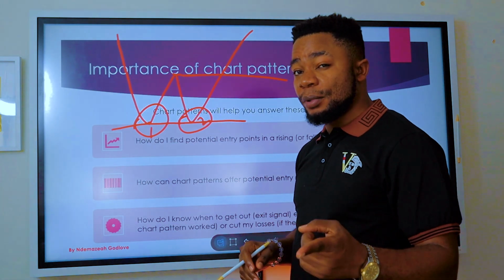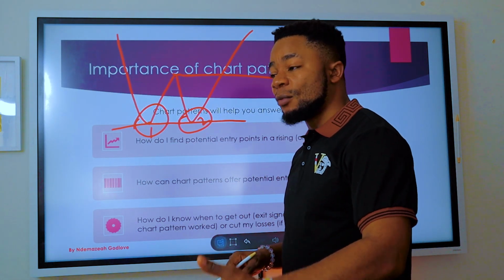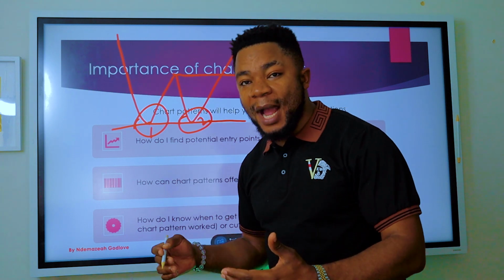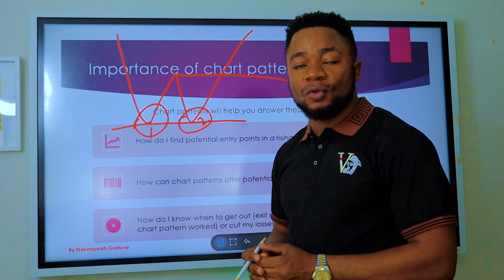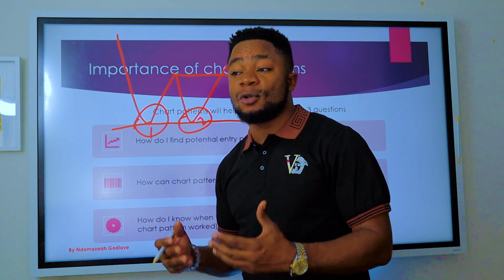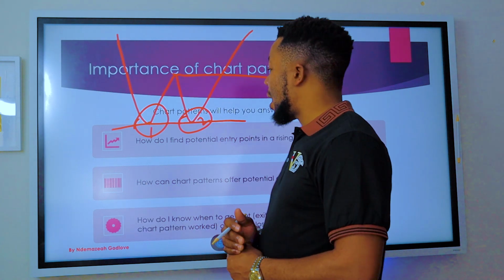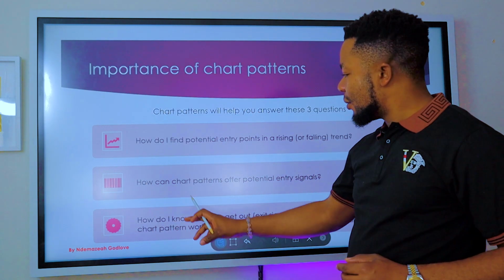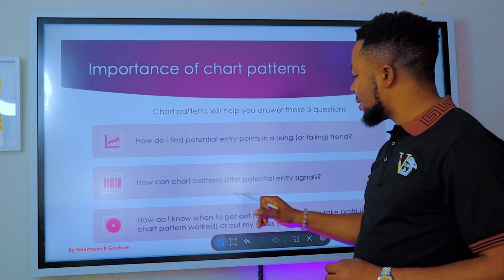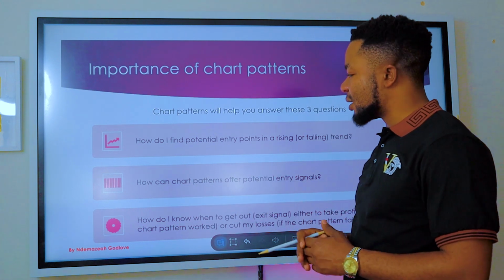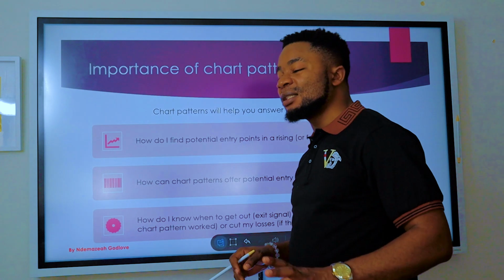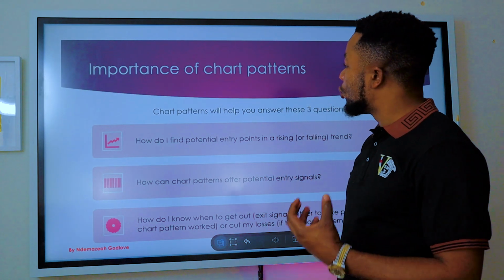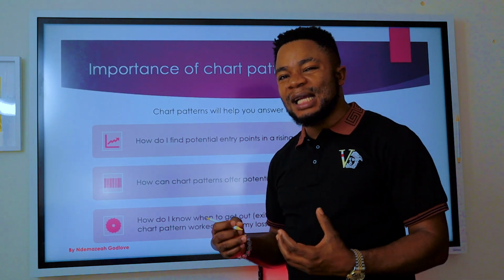So the next question will be, where should I buy? And once you already know where to buy, where am I going to put my target? Where are you expected to put your target to be able to come out with a profit? So with that being said, how can chart patterns offer potential entry signals? Chart patterns also help you to come up with potential signals,